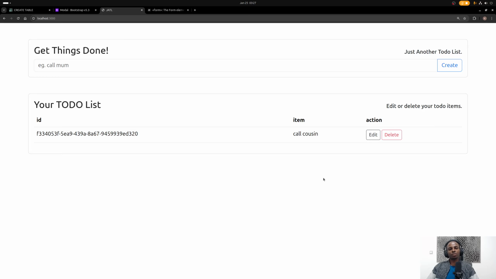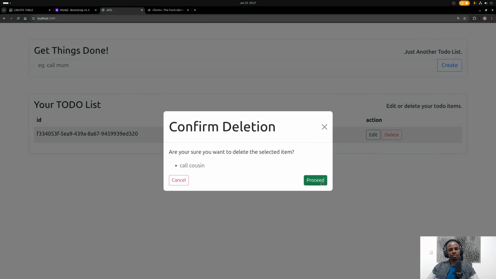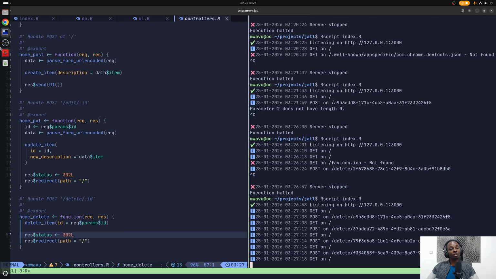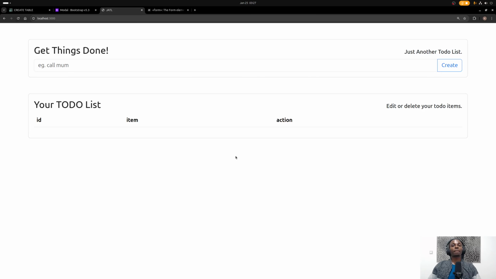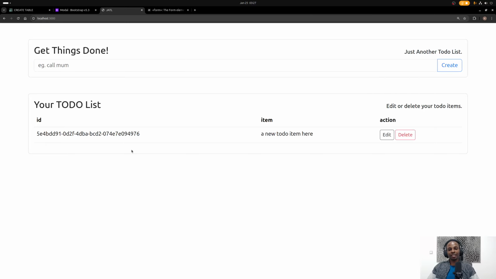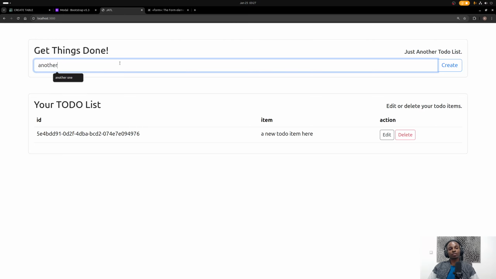What happens if we delete all the items? Ah, okay, no error and no error on the console. Okay, so I think this is fine. So we have the basic functionality of a to-do list. So you can create a new to-do item. So a new to-do item here. Just click enter, and there you go. You can create another one, and another one,